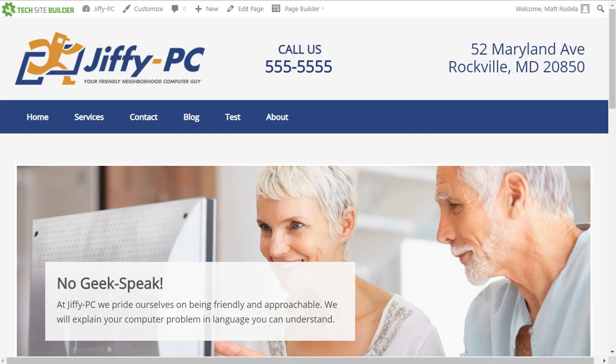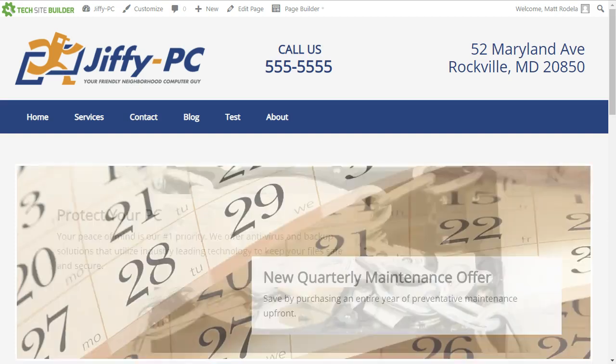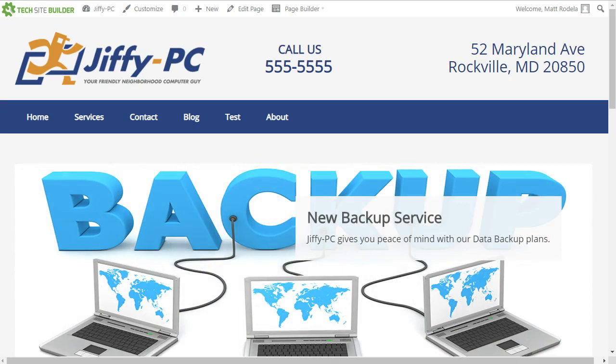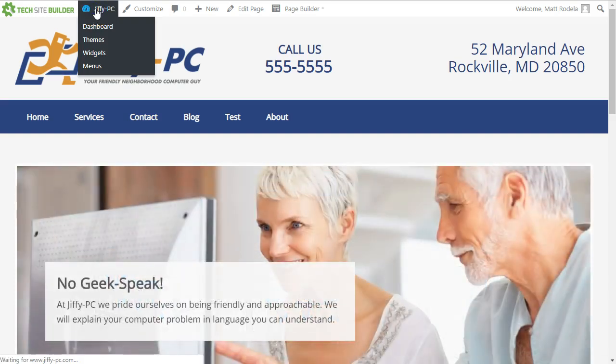Today I just wanted to show you a new feature that we've implemented that will allow you to display a coming soon page. So this will come in handy if you're doing some major work on your website, or you're just starting your website and you want it to be visible on your domain. You want to let people know that something's coming, but the website itself is not quite ready for prime time yet. So in order to do this, we'll go to your dashboard,